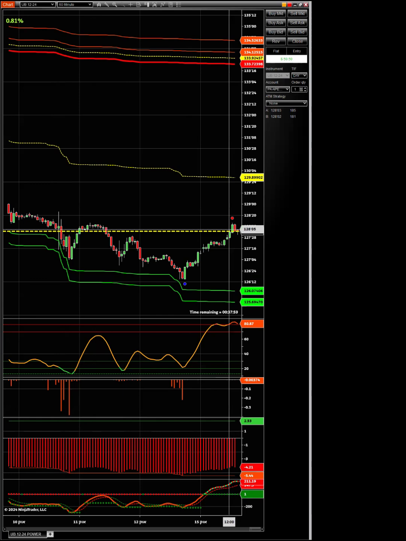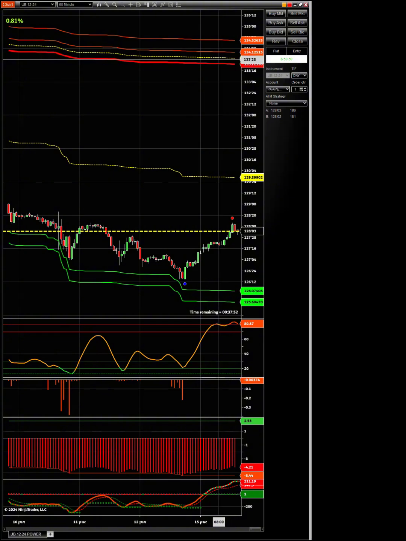Here you can see that the price is far away from the upper band. So I can't do anything with this instrument right now. So I can keep